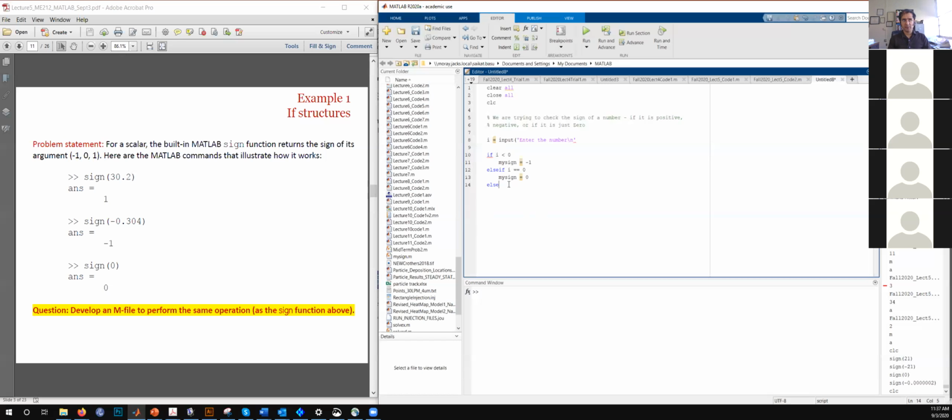But should we write that out over here, or should we not? We should not, because else does not come with a condition, and based on these conditions that we have chosen, we have covered all other possibilities. The only possibility left is I is positive, and you don't really need to tell MATLAB that. So else my sign is 1, and then end.